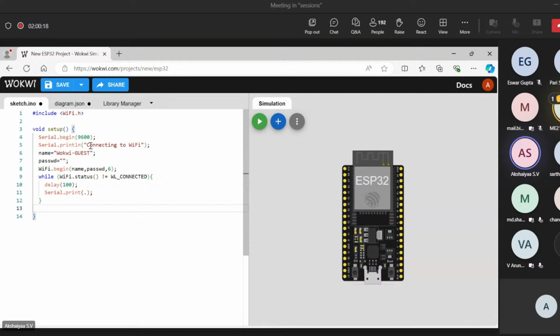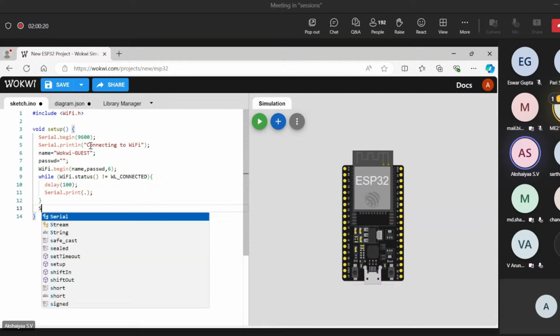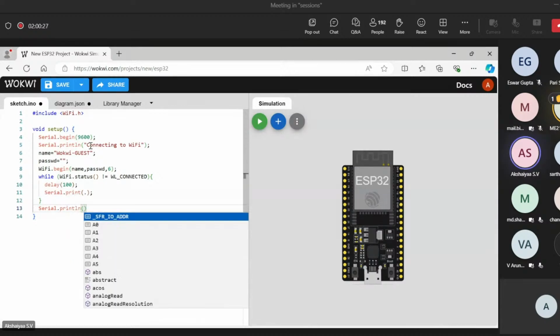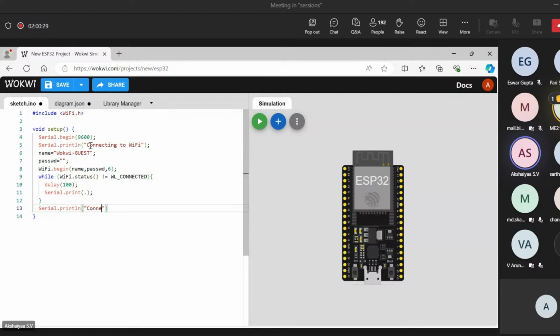Once it's connected, you can just display the message "Connected". println just prints it on a new line. Don't forget the semicolon, otherwise you're going to get a lot of errors. If I want to know the address to which this is connected, you'll be able to see that too. There is a function called WiFi.localIP.